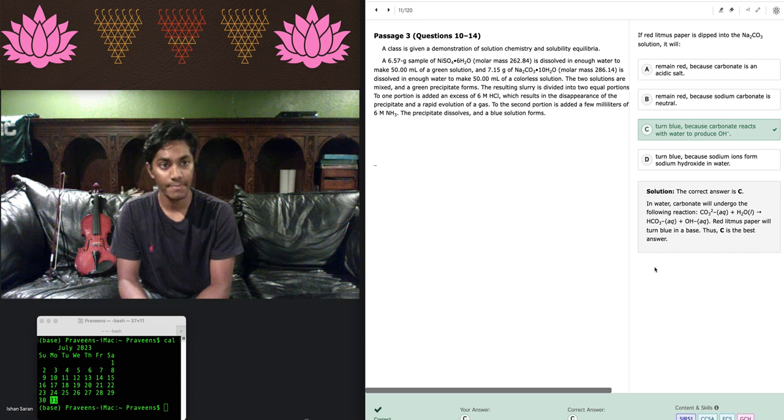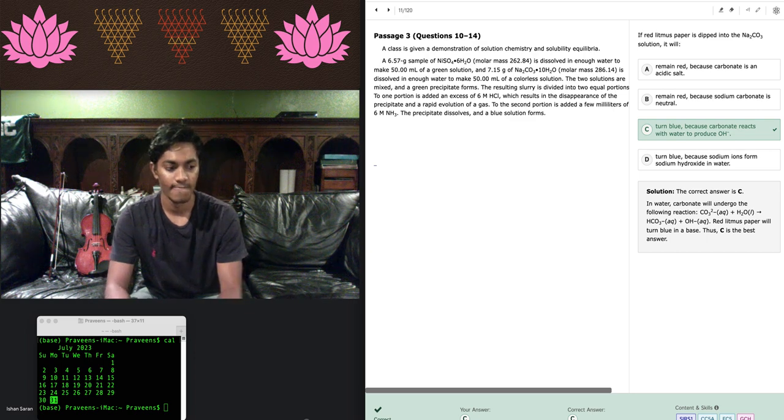If red litmus paper is dipped into sodium bicarbonate solution, it will... red litmus paper turns blue in the presence of a base. The carbonic acid